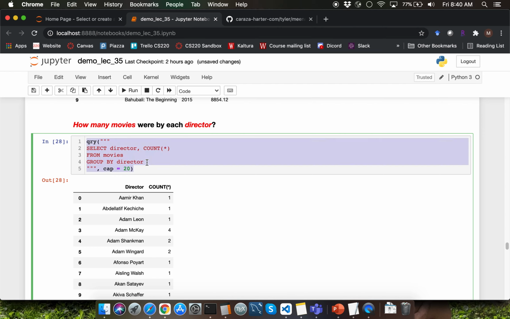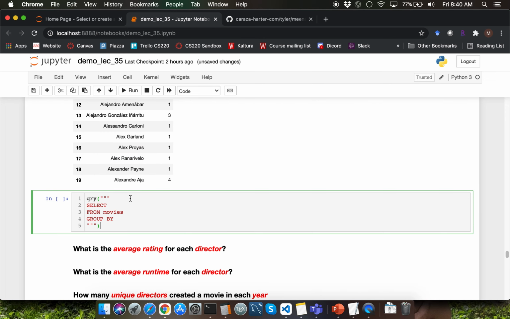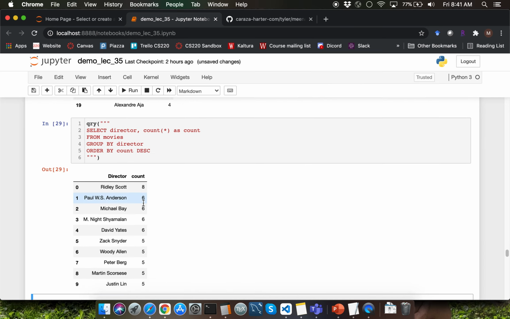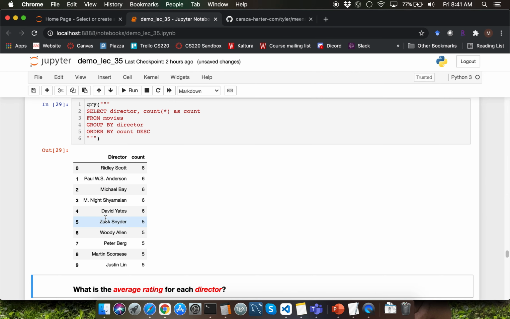What would be good in terms of the query that we have written over here is to introduce an order by clause. Instead of simply saying select director comma count of star from movies, where you're doing the group by based on the director, I am also going to introduce an order by clause here where I want to order by this count column. Let me store the count column as count over here. So I'm going to order by count and I want to order by the descending order. That way we can look at the top 10 counts for the corresponding directors.